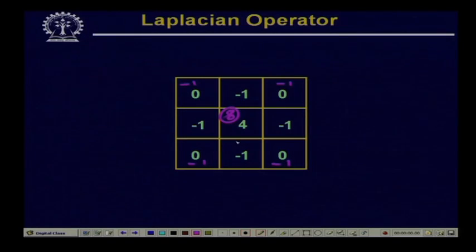Now, along with this Laplacian operator, as we said the Laplacian operator is very sensitive to noise. To reduce the effect of noise, the image is first smoothed using a Gaussian operator, and that smoothed image can now be operated by this Laplacian operator. And these two operations can be used together to have an operator which is called a Laplacian of Gaussian or LOG operator. So, the essence of LOG or Laplacian of Gaussian operator